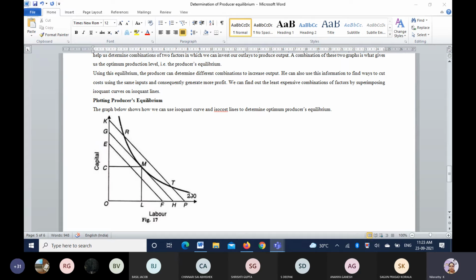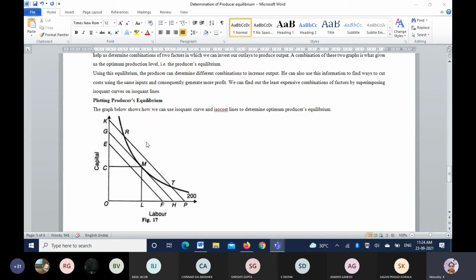So one isoquant curve, 200 units, is given, which means this particular producer should produce 200 units for this particular month. How much should his investment be? You can roughly take it as 1 lakh, 2 lakh, 3 lakh, different combinations. So this is the production unit. Like the consumer equilibrium, here also for the producer equilibrium, the isocost line, which we can also call the factor price line,